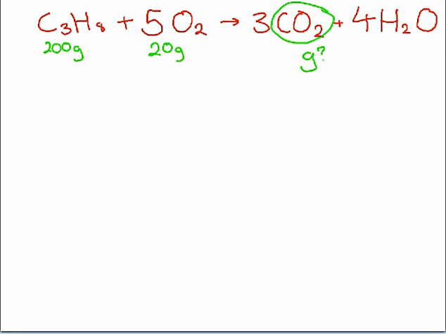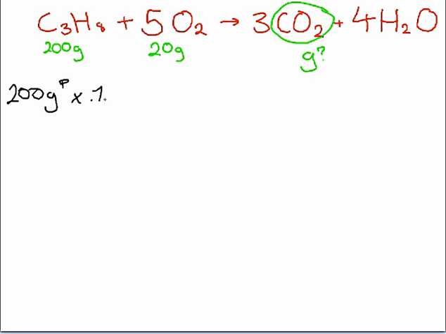Okay, so I'm going to pick one of these. Okay, because remember in the type 1 method, you would choose what's given. You would always have to put what's given first, right? But in this type of equation, we have more than one mass of reactant given. So it doesn't matter which one you choose, but I'm going to choose the first one, okay? So I'm going to put 200 grams of propane. I'm just going to put P, okay? Of propane,